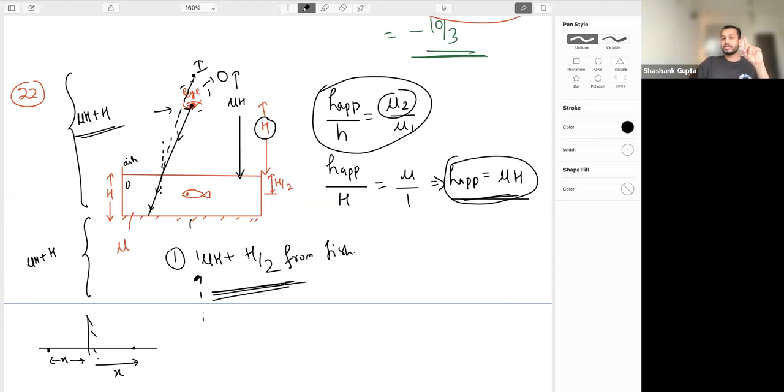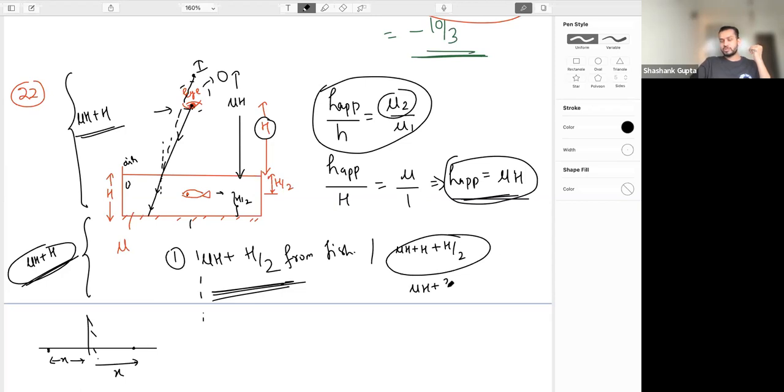But who is seeing this image? This fish. This is the distance from the mirror on the opposite side. But where the fish is standing, the fish is at a distance h by 2. So can I say the second image of this object, formed due to the mirror, is at a distance from the fish of this plus h by 2? Fish is standing, yes, so that you don't grab and eat it. So it comes out to be mu h plus 3h by 2. Very interesting problem with the fish. This is the second image when the mirror is also involved.